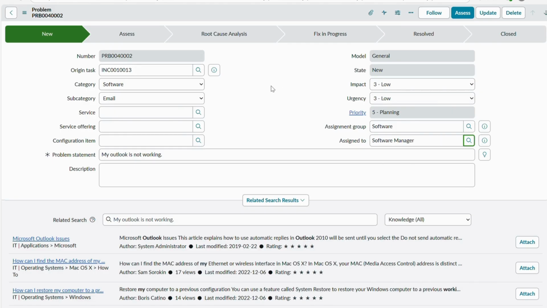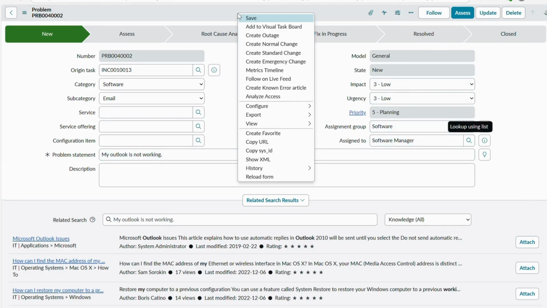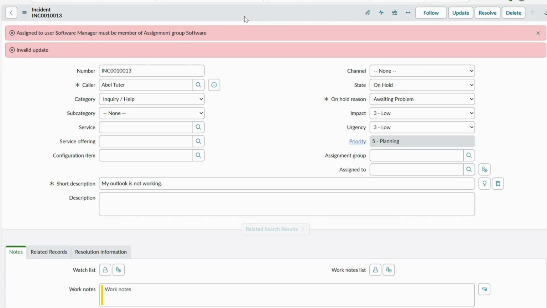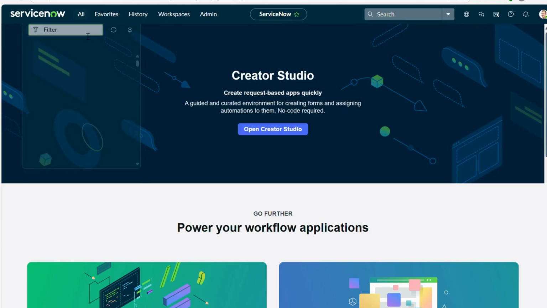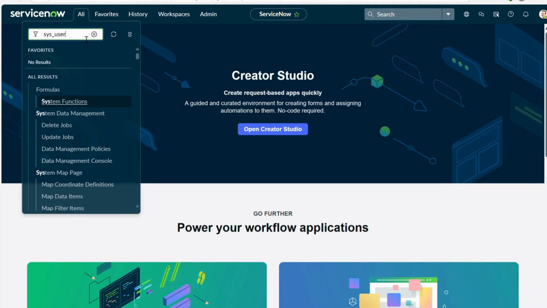The moment I assign it to someone, this problem state moves from new to assess, but as of now it shows an invalid update because the assigned to user software manager must be a member of the assignment group. Yes, of course it should be. So let me go ahead and assign that